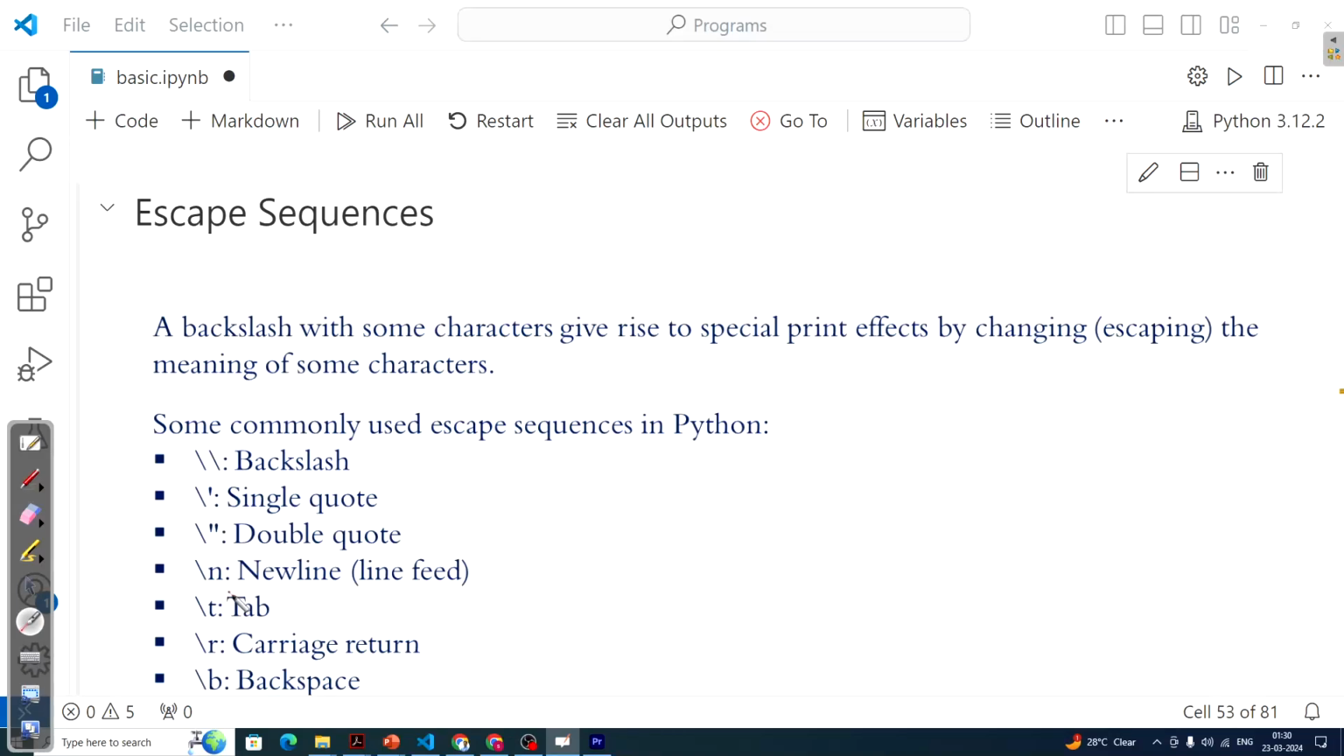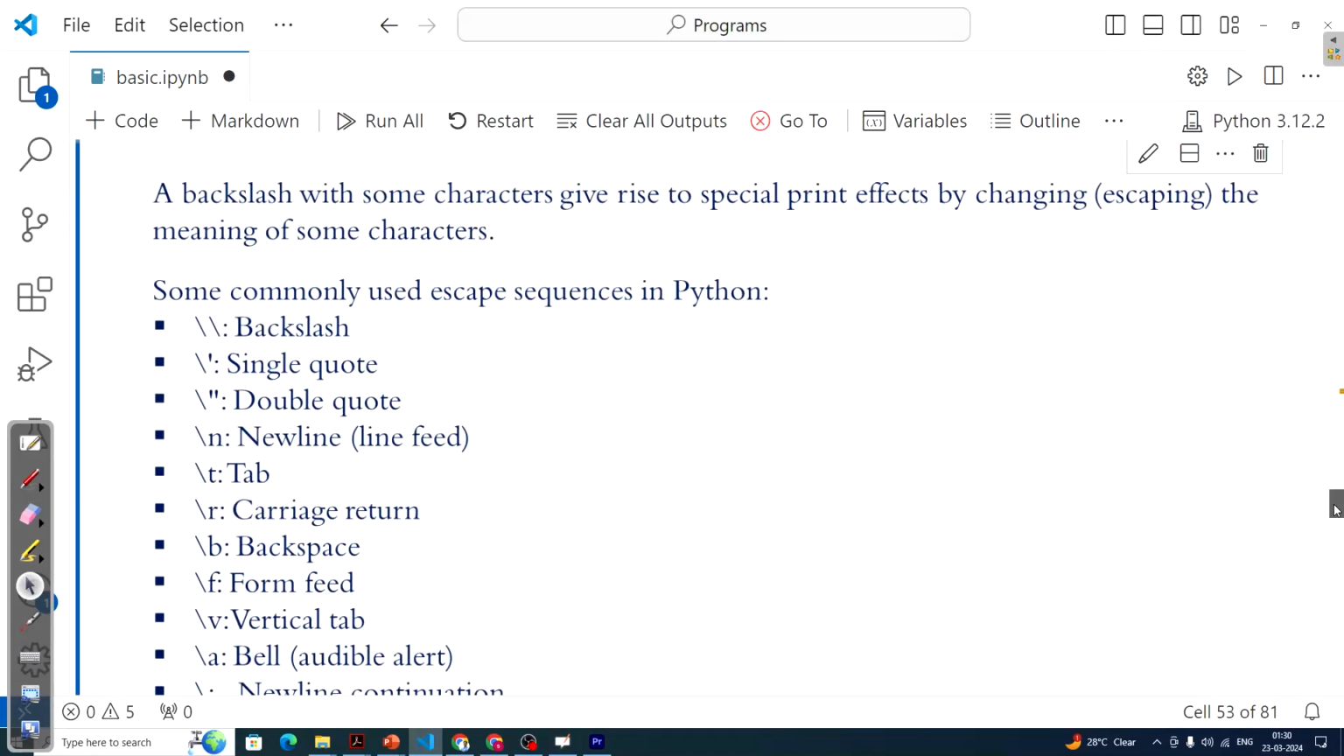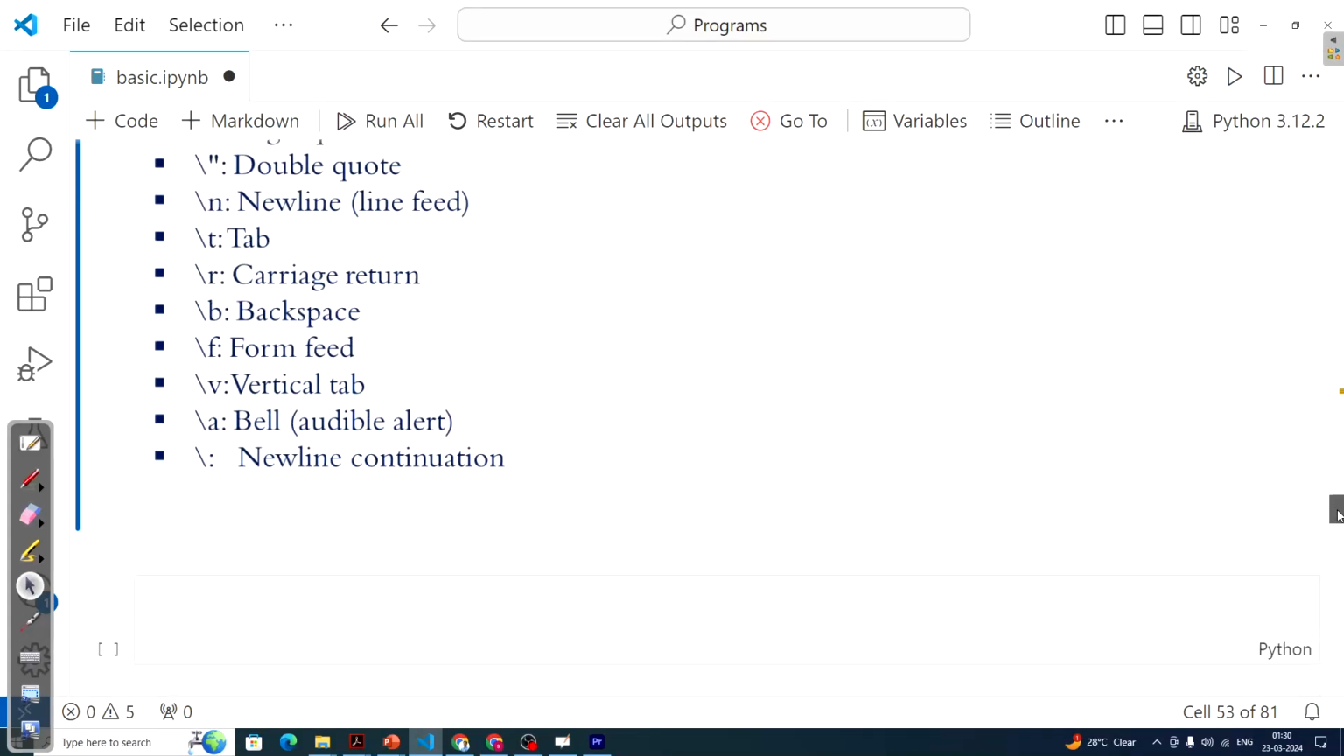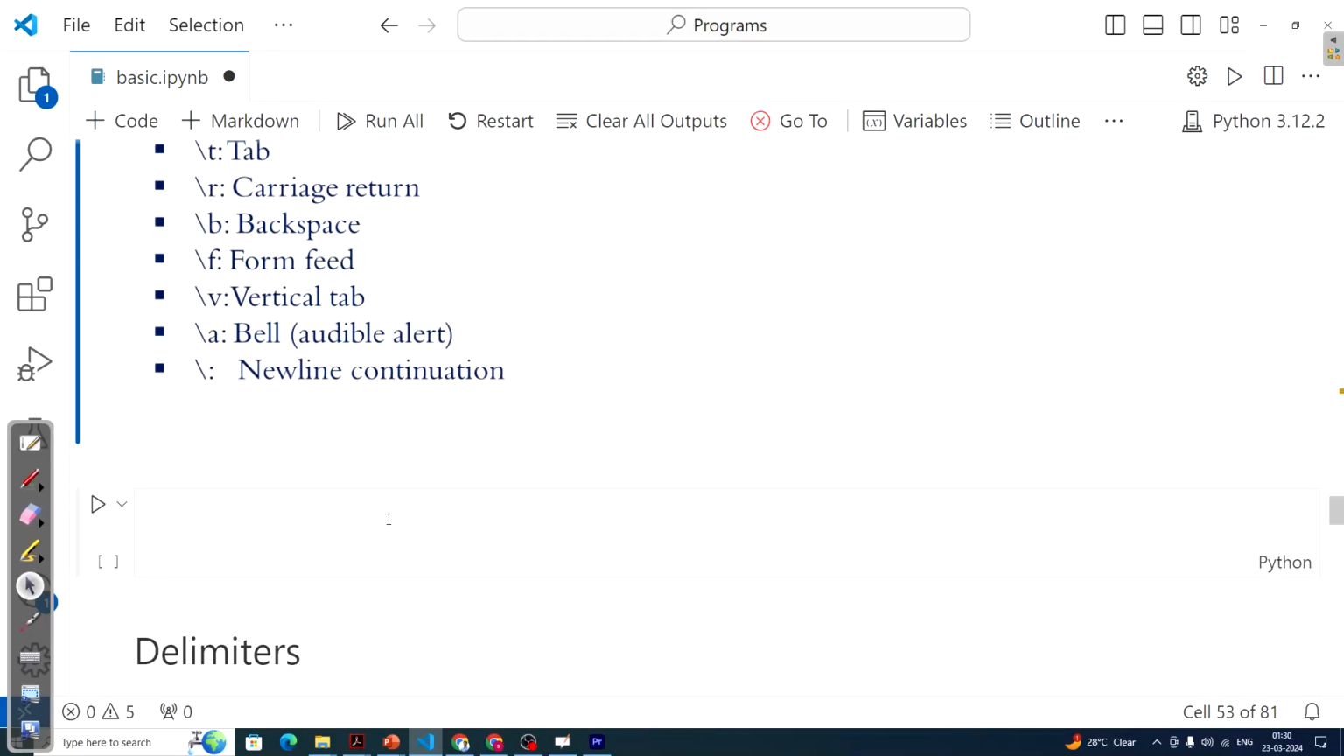Even though we have so many escape sequences, I suggest you know mainly these two: one is new line and the other one is tab. In Python we have three types of quotes. We can use single quotes within the print statement. We can use double quotes. We can also use triple quotes. See, for example,